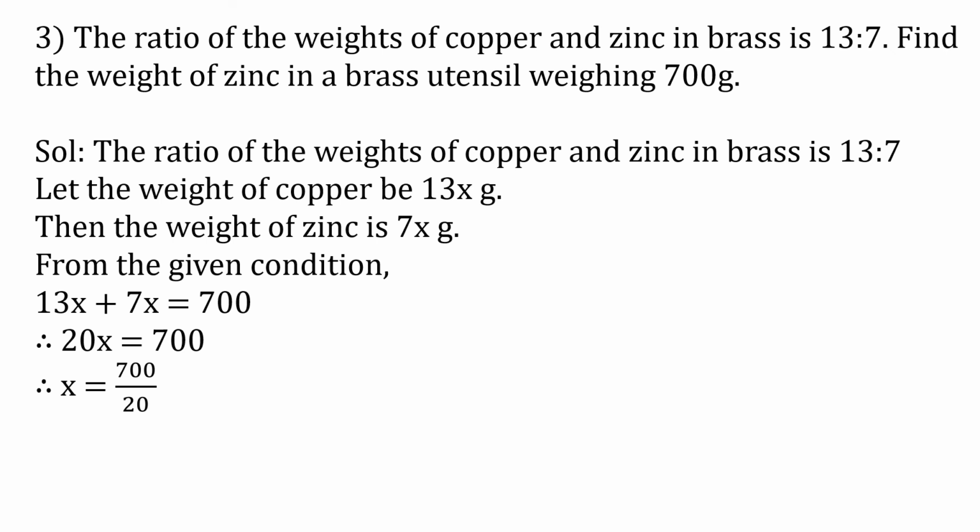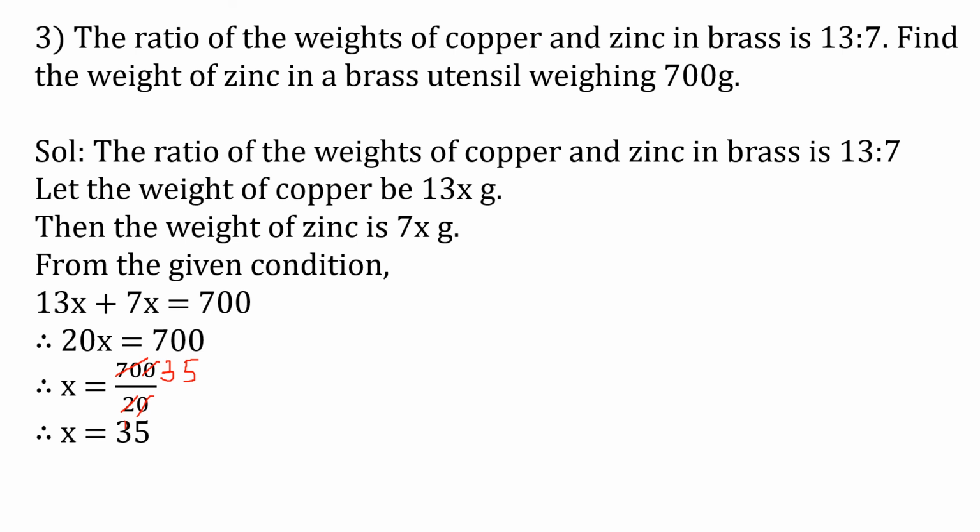We'll simplify. So the zeros will cancel. First 1 zero will cancel. Now 70 divided by 2. So you'll get 2 3s are 6. 1 remains. So you'll get 10. So it will become 2 5s are 10. So you'll get x as 35. So therefore x equal to 35.